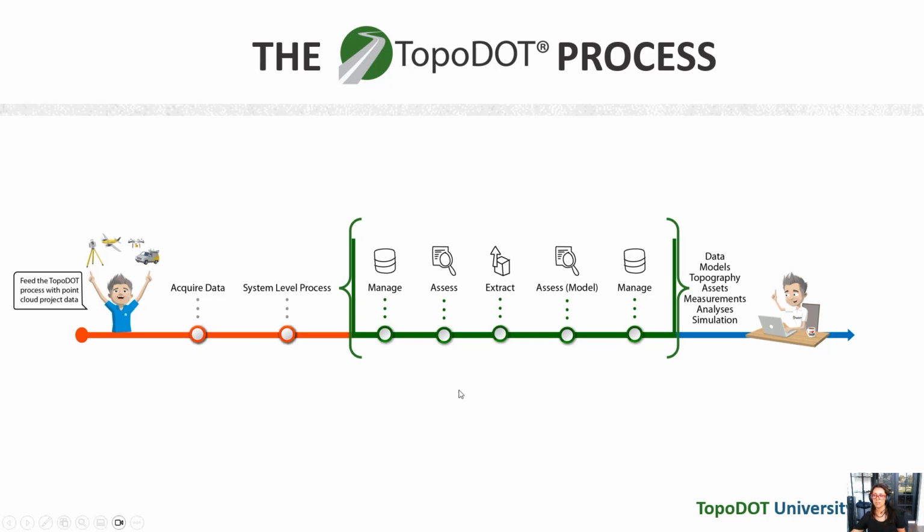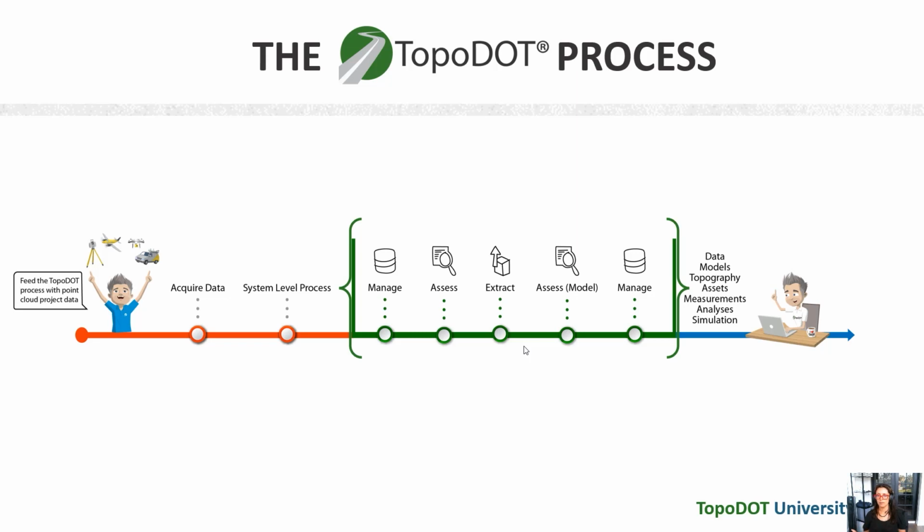We call it the MAX process, Manage, Assess, Extract. So with the Manage process, you will be able to handle quite large data sets, combinations of multiple systems. You name it, your project could be as large as you want, and you would still be able to handle the data easily for cloud storage and also for being able to share it amongst multiple people. Management also means that